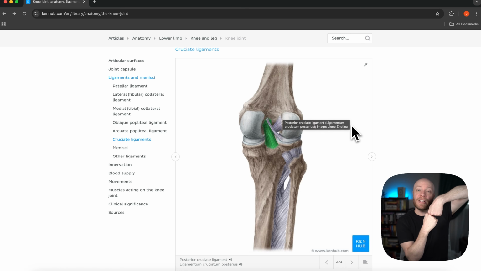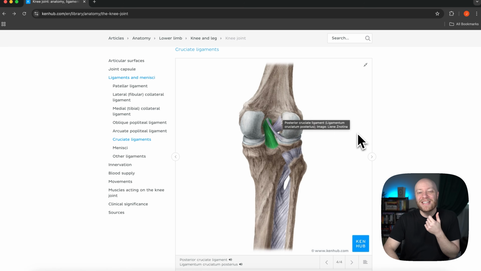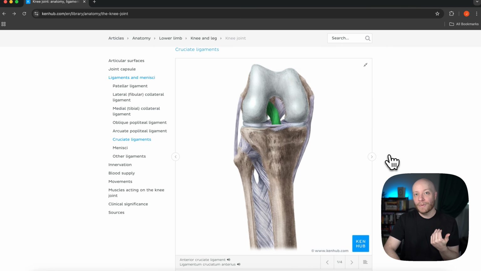So basically it's going to prevent your tibia from sliding backwards, because that's just not a good day. No matter how you count that up, that's just definitely not a good day. But these again are the cruciates. And so in fact, I would say one of the nastiest injuries that is possible is what is called